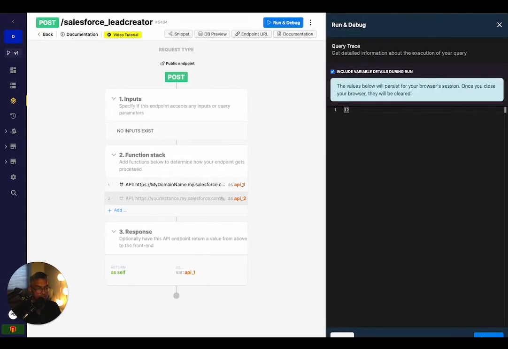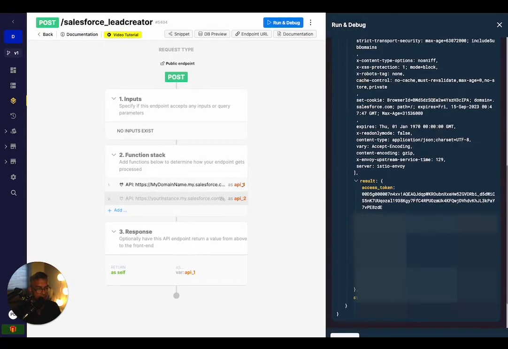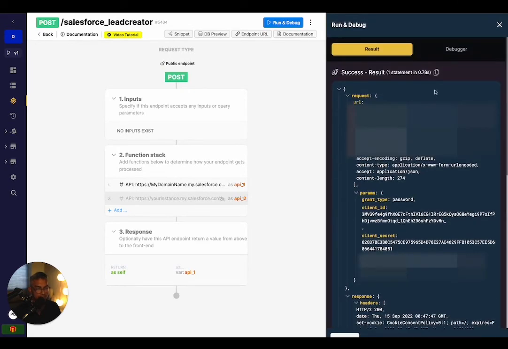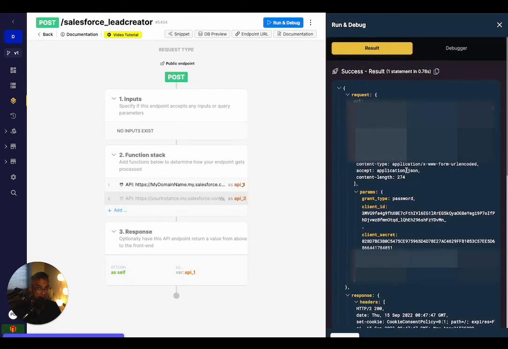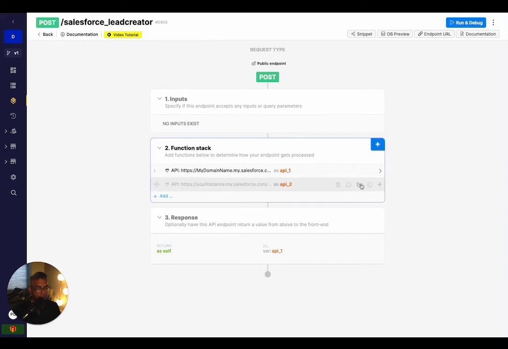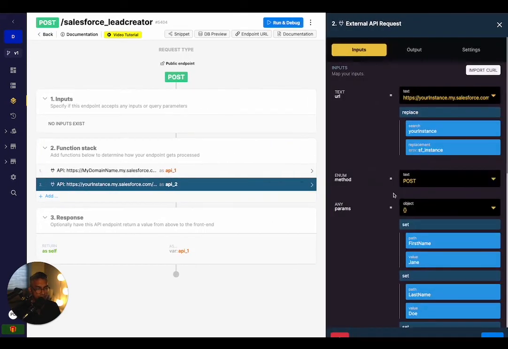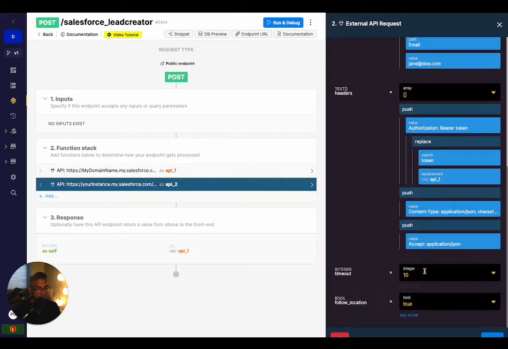So remember, when I ran this before, I'm getting back an access token right over here. Well, if I scroll to the top and I hit this copy icon, it's going to copy this entire request, this massive payload that I'm getting back. And actually what I want to do is uncomment this out, and go